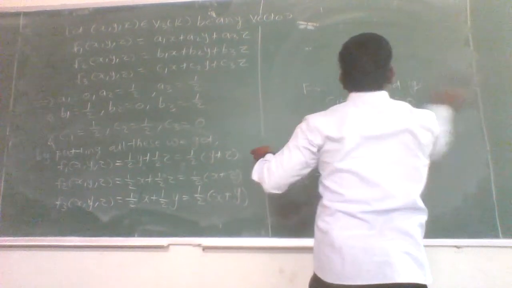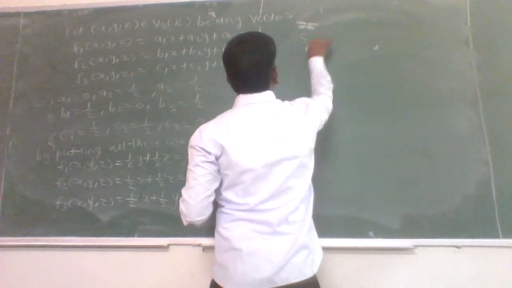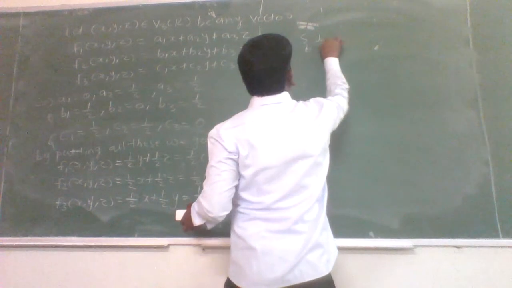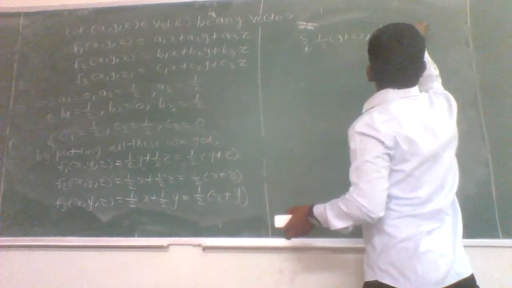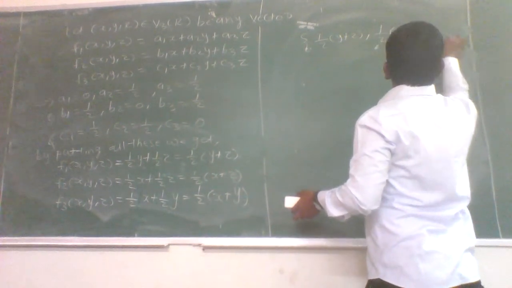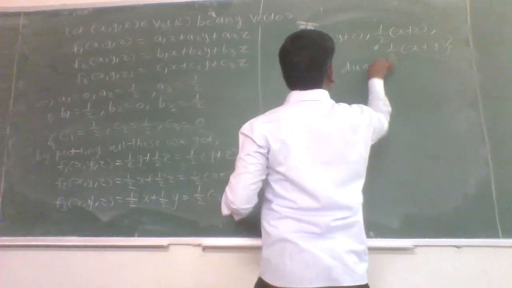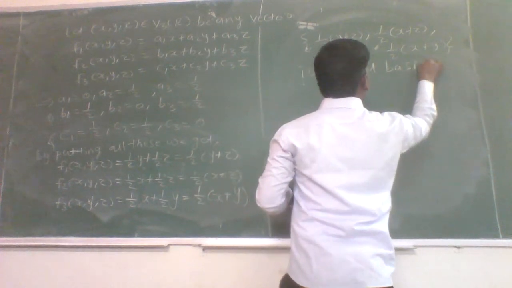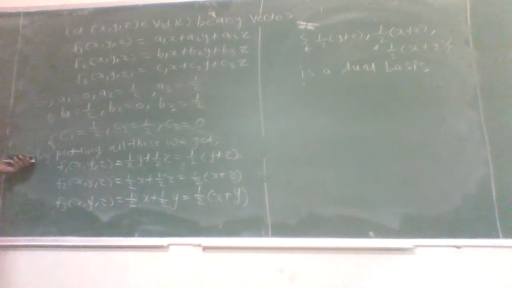So we get the basis set F1 is nothing but 1 by 2 (Y plus Z), 1 by 2 (X plus Z), comma 1 by 2 (X plus Y), is a dual basis. So this one is the dual basis for a given vector space. Okay. Now